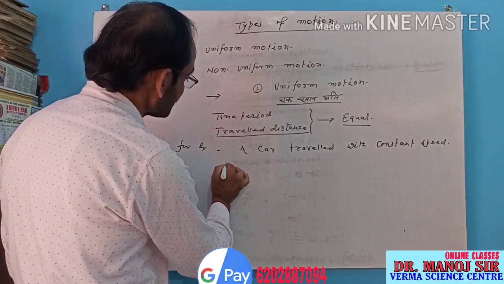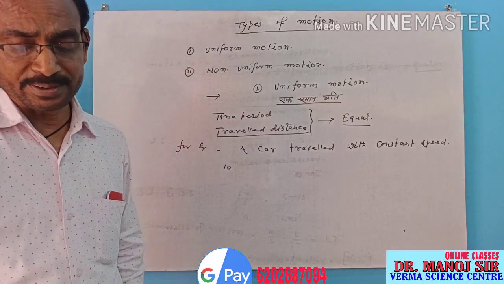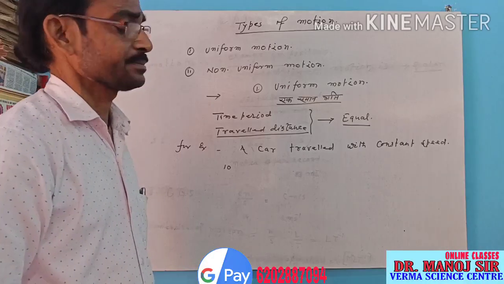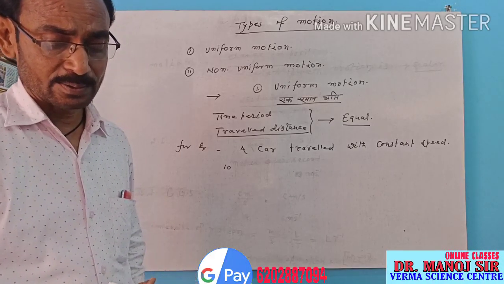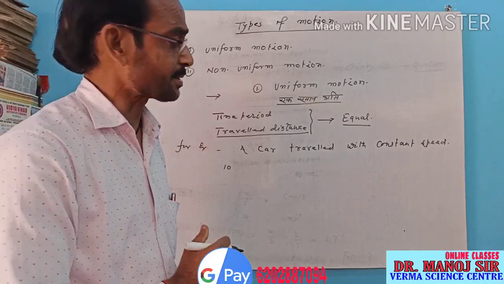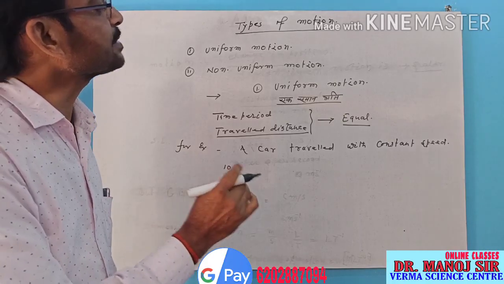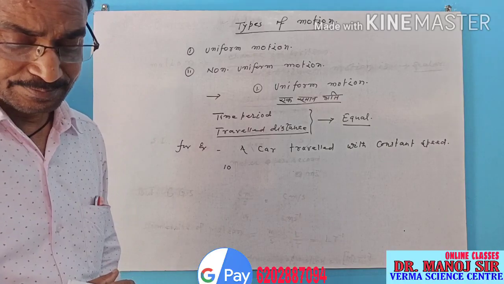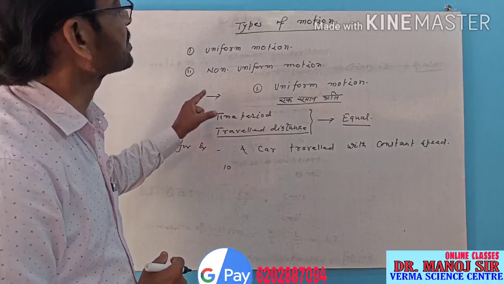Suppose 10 meter per second is the speed of a car. It means the car will cover an equal distance of 10 meter in 1 second, in 1 second. So the motion of the car is said to be